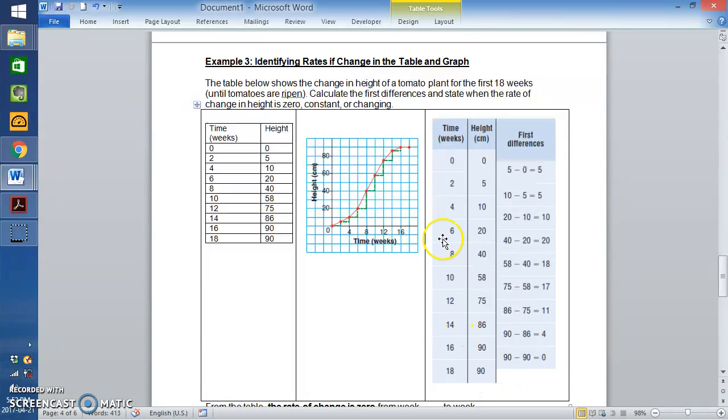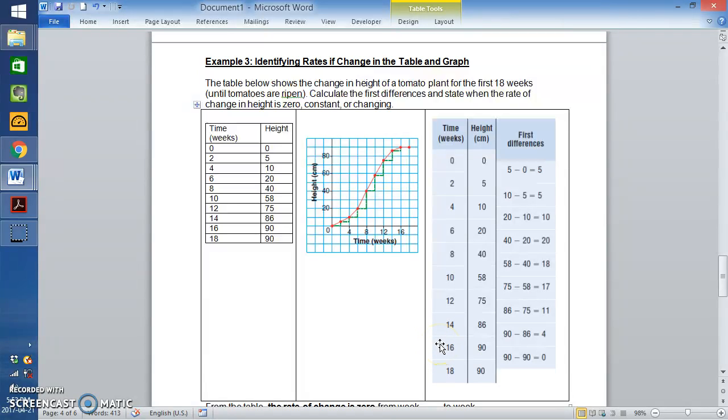So let's go back to how that is represented on the graph between week 16 and 18. We have a horizontal line here, which makes sense because we're talking about a slope of 0. So on the table of values, a rate of change of 0 is obvious. From the graph, we're going to look for horizontal lines. Okay,